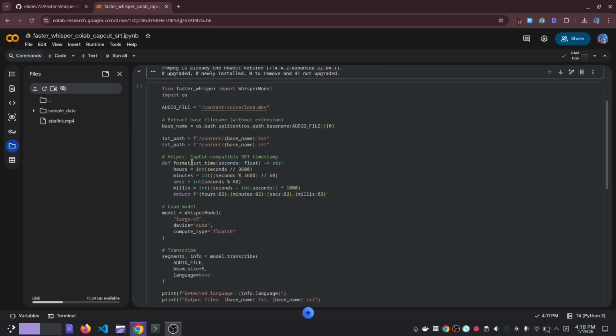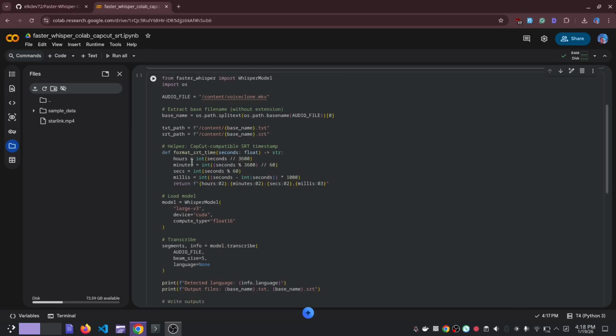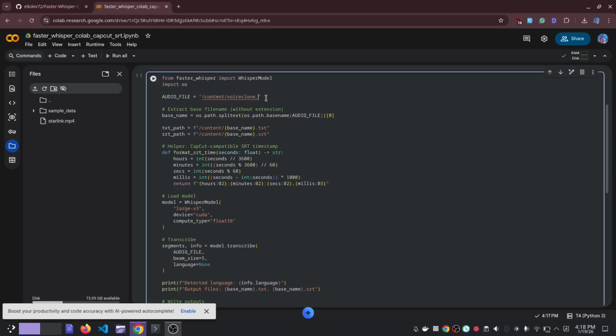So this is the critical part now, the second cell. From Whisper and all that, you see this variable here, audio file. So it's going to go to content and your file. So in my case, I've uploaded starlink.mp4, so I'm going to change this here to starlink.mp4.